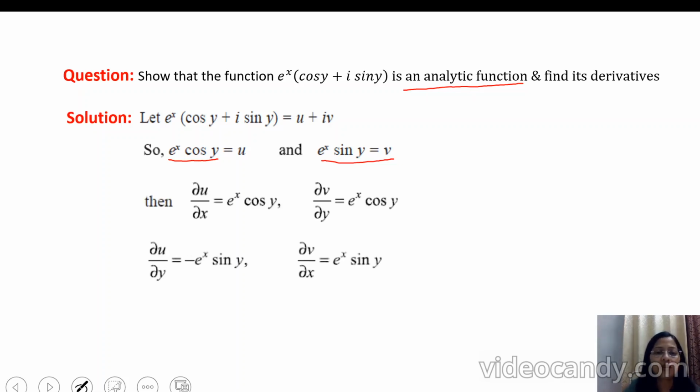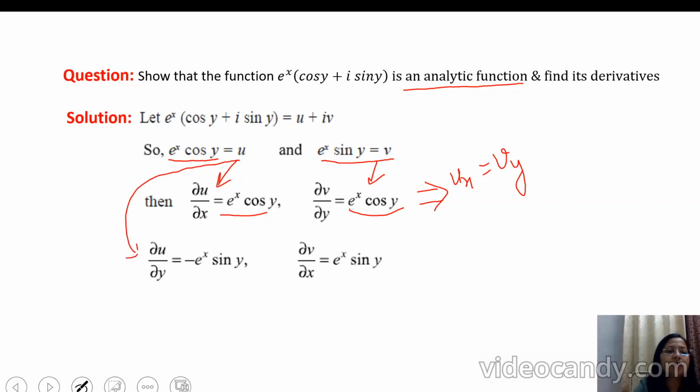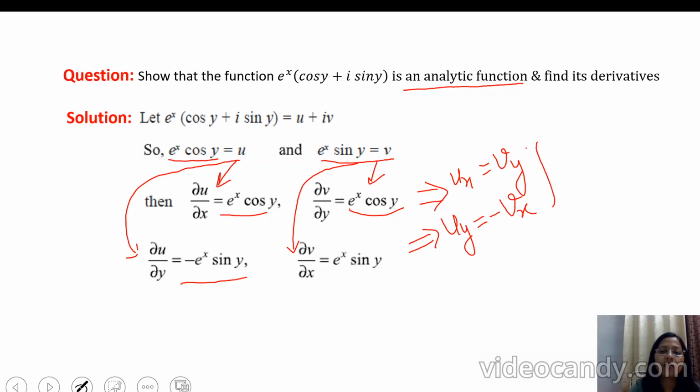So very first we will check for the Cauchy-Riemann equations. That's why we have differentiated this u partially with respect to x. We are getting this value, and v with respect to y. So e^x cos y, both are same, as you can see here that ux is coming out to be same as vy. And here u is further differentiated partially with respect to y, so that's why we are getting this result. And this v is differentiated partially with respect to x, we are getting this result. So from here we can conclude that uy = -vx. So these are the Cauchy-Riemann equations or CR equations which are satisfied here. Right. So this necessary condition